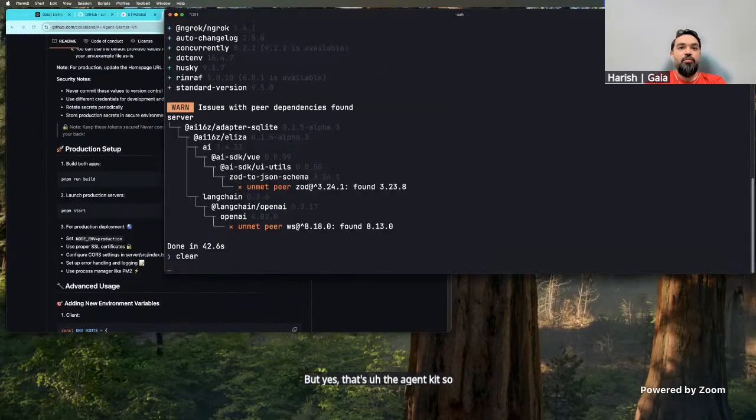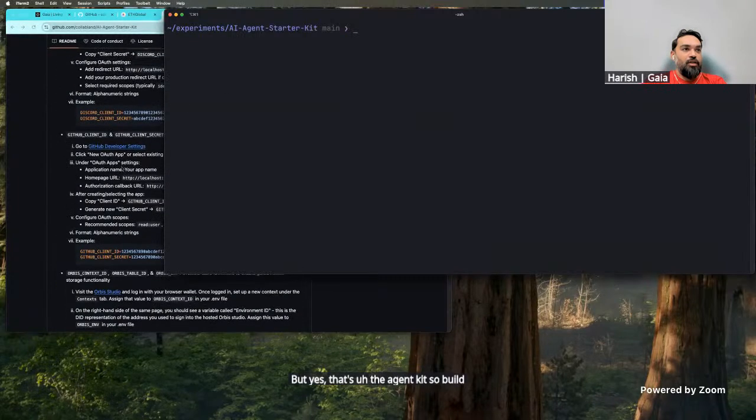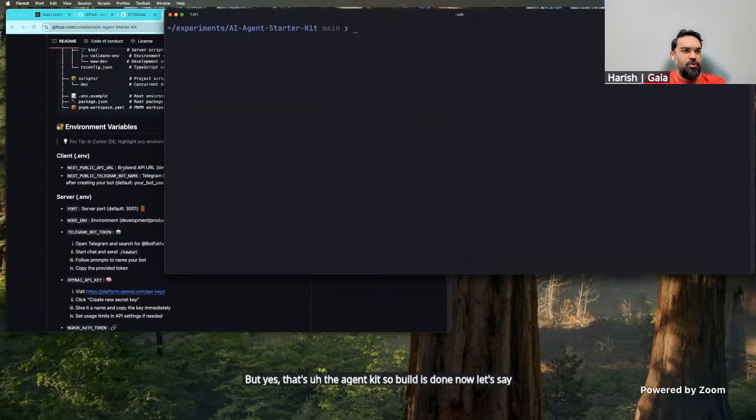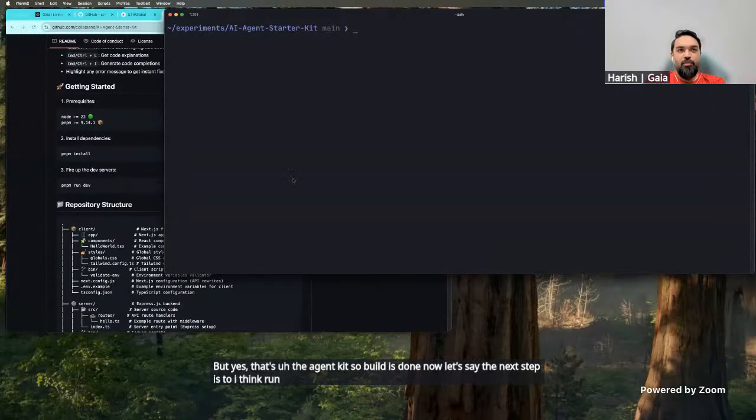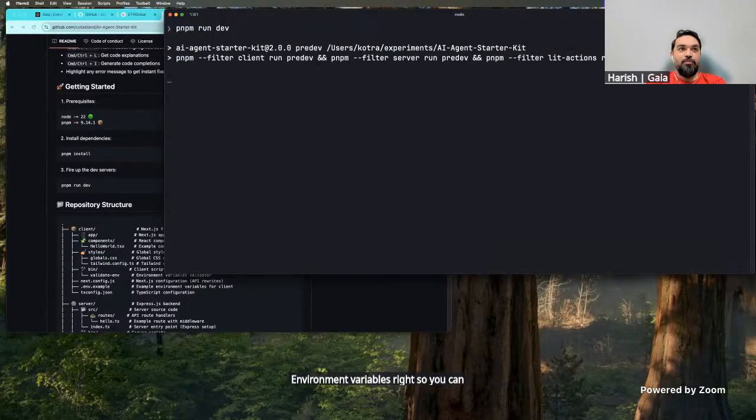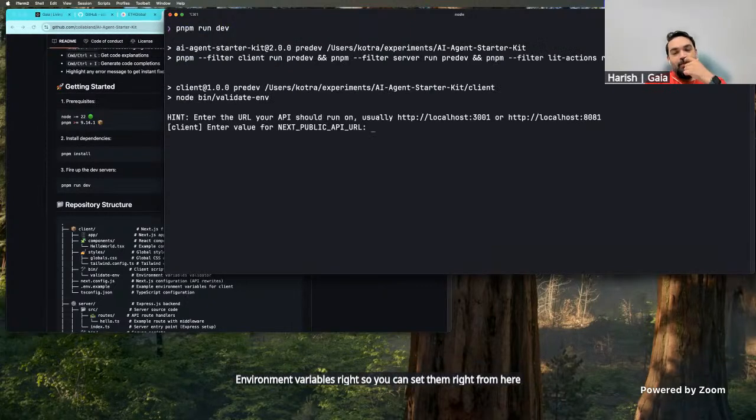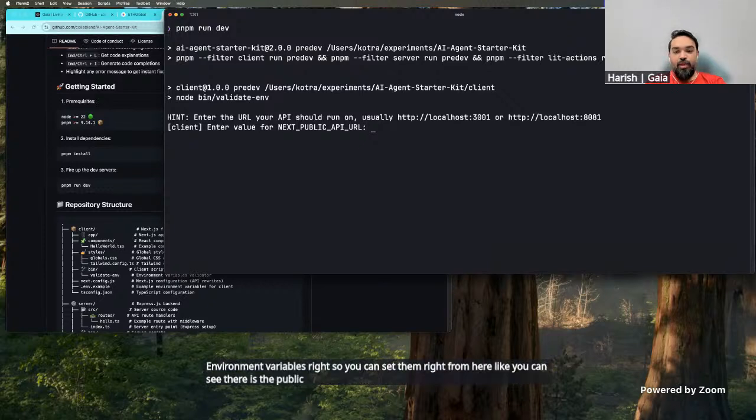So build is done. Now let's see, the next step is to, I think, run this. Yes, pnpm run dev. When you do pnpm run dev on the AI agent starter kit, it will start asking for all the environment variables, right? So you can set them right from here. Like you can see, there is the public URL,